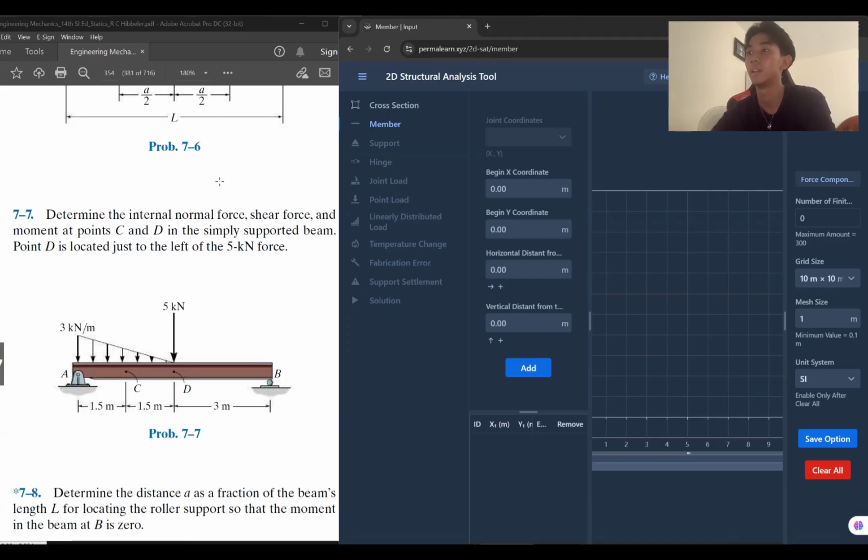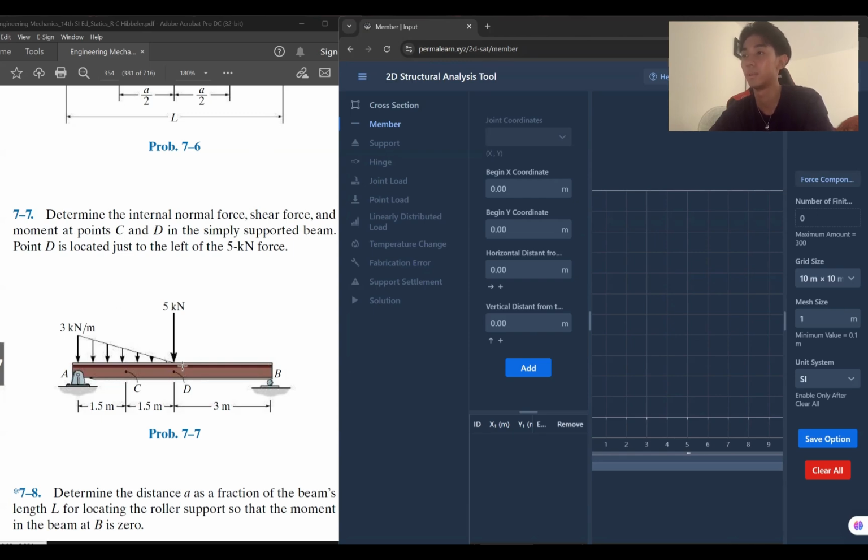So in this video I will be showing you how to solve this exercise 7.7 in a software called PermaLearn.xyz. So let's start by reading the problem. They want us to determine the internal normal force, shear force and moment at point C and point D,